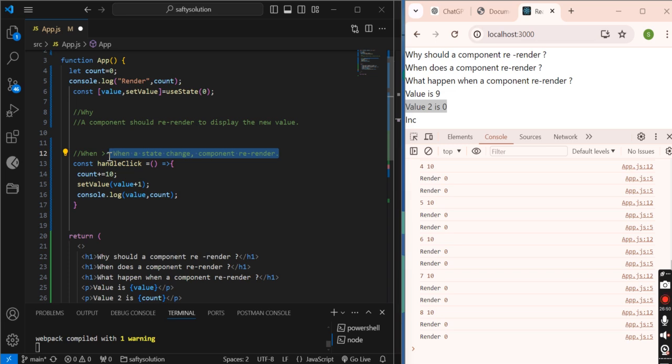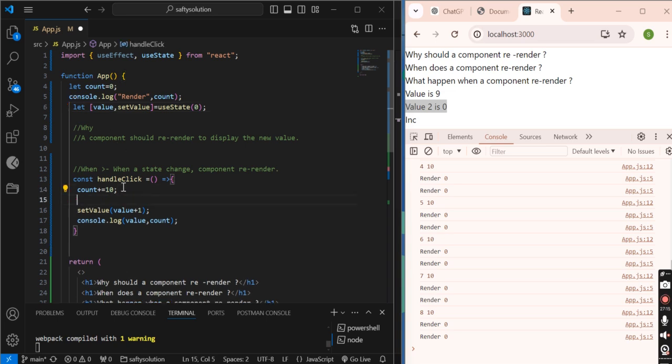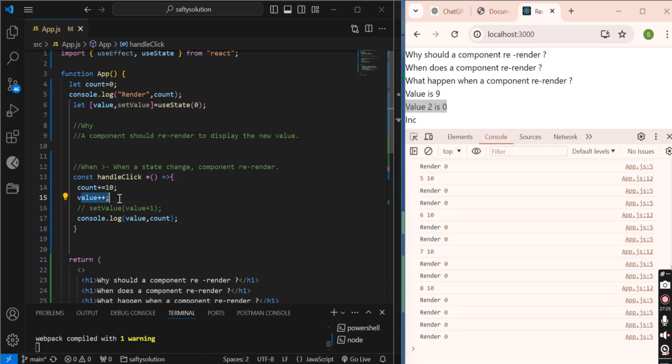Yes, I agree with that, which is true. But let's see, is it really true? Let's see. This is a state. We have defined it using const, right? We can also define it using let. Will there be a problem? No, there will not be a problem. In this way, now we can modify it. Let me hide this. Now we can modify this value.